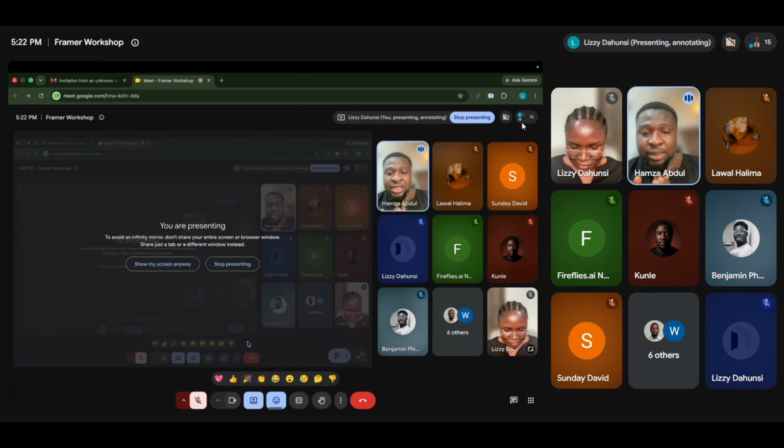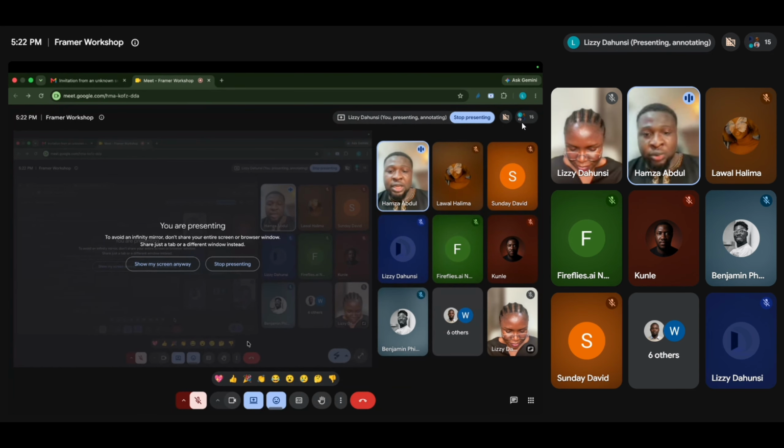So one thing that I'll say before we start is that you guys are very, very lucky to be interested in Framer at this point, and you guys are a little bit unlucky. I'll tell you why you are a little bit unlucky, and I'll tell you why you are lucky. So first of all, let's talk about Framer.